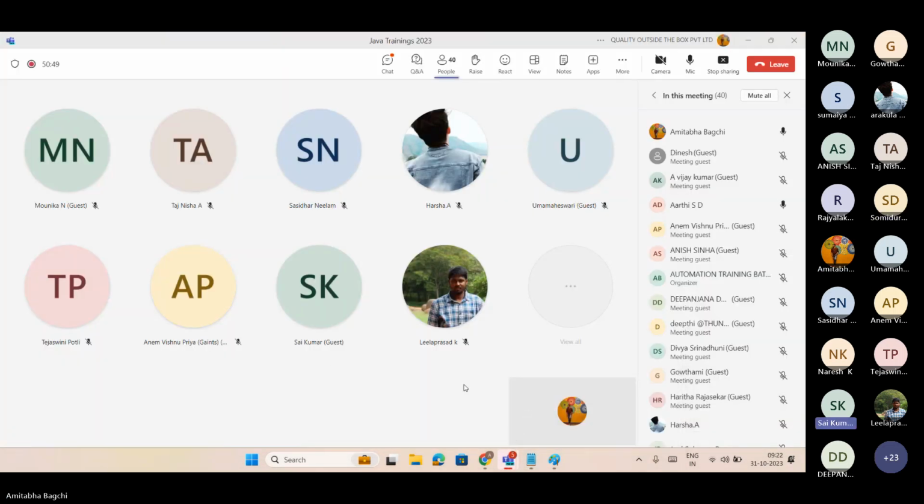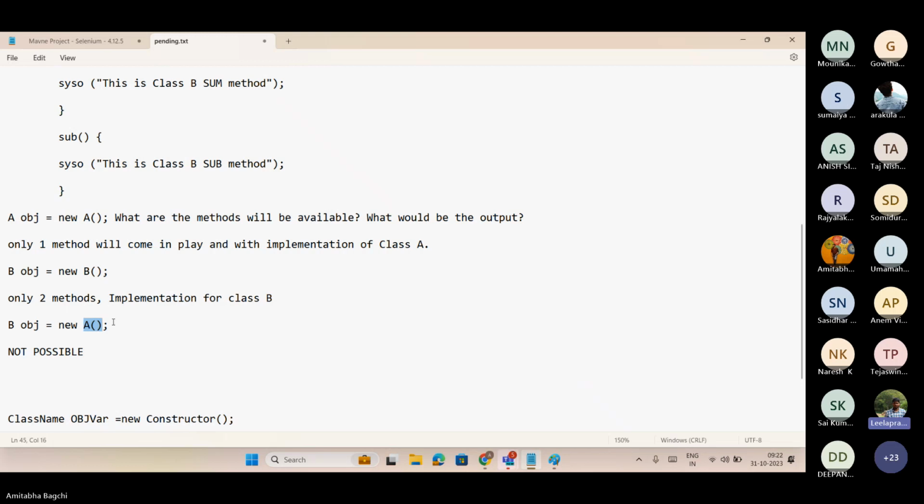No, sir. If we can do casting, it is possible, right? What type of casting are you doing, dude? To do upcasting, like giving class B, then it is possible. Tell me about this scenario. What I'm asking, don't confuse them, because if you say upcasting again, it will come to the other. Okay. So it is not